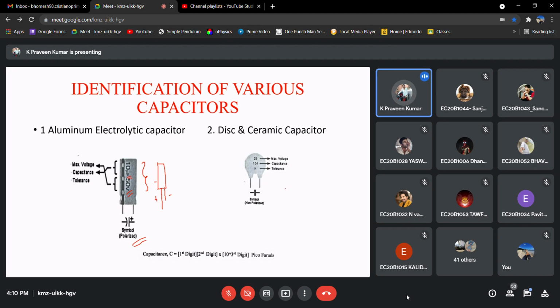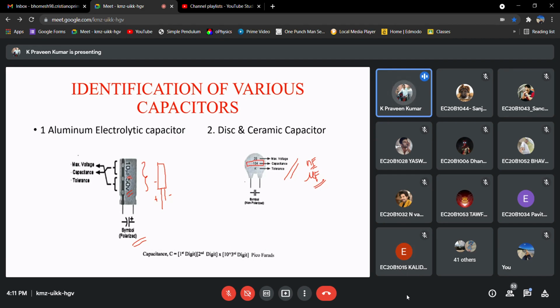The other one is the ceramic capacitor. In general, this will be in the order of nanofarads or maybe very few microfarads, not something like 10 or 20 microfarad, a much lesser value. Here also we have some coding.